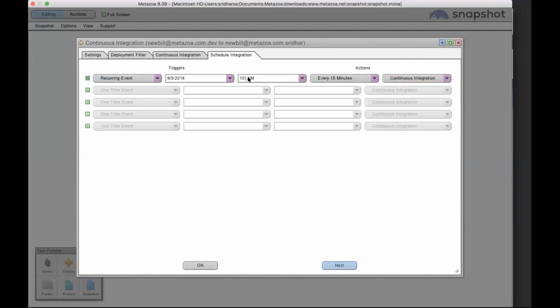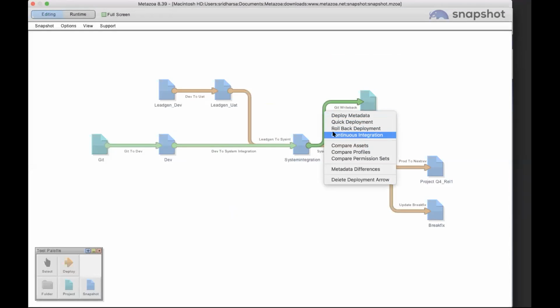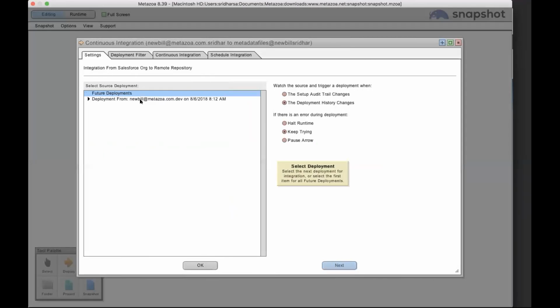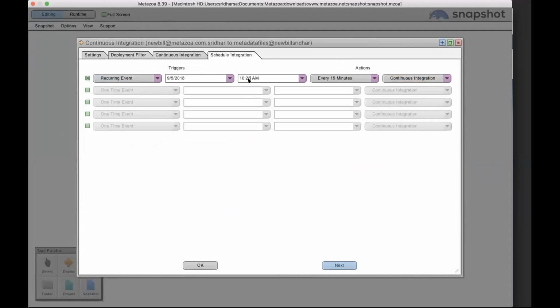So this also, I will update there, set up 10:35, move forward. The last there, the commit back, system integration, everything is fine. I can then deploy over to prod as well. I'm choosing not to do it, but I am choosing to write that back to a different Git repository, again using continuous integration there, which watches for deployment history, picks up that job list, and then migrates everything over on a continuous basis. And that's also a schedule. I will update that as well